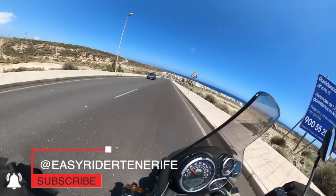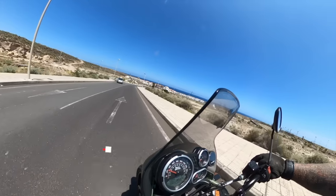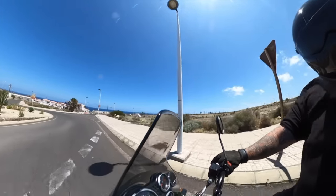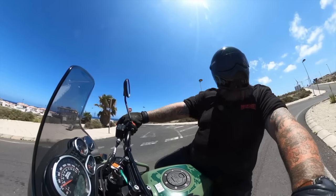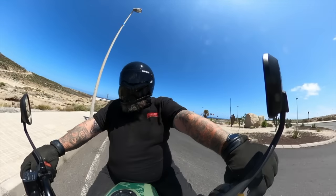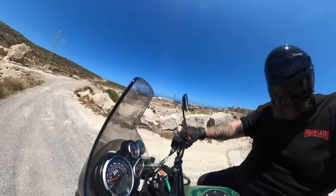TF1, and you can just see in front of me, just over past those houses there, a kind of church-looking building. This is the town of Abades, which is a small tourist town. A lot of German people come down here, and we're going to go off track now, a little bit of off-road, and see if we can find